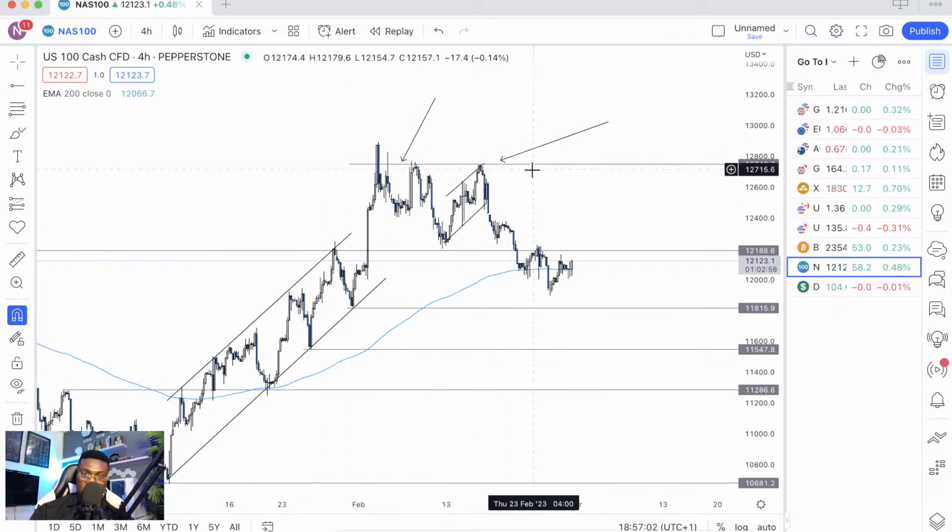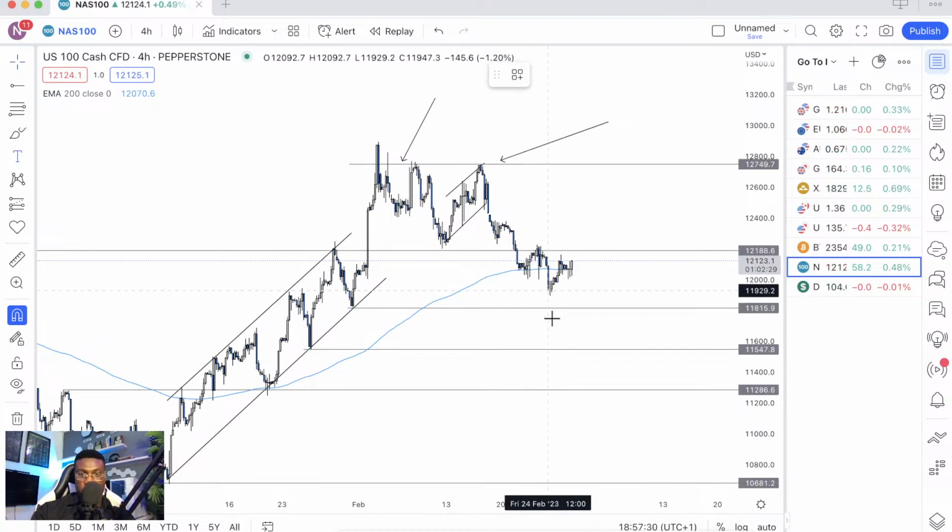This area served as a resistance level for Nasdaq, and the market began to pull back down with the retest at this level that we also indicated as a major key level or resistance level for the Nasdaq market. Now it has pulled back down, but it's headed there again. Two things to consider, right? The Nasdaq market is trading